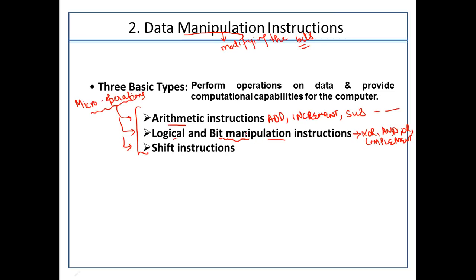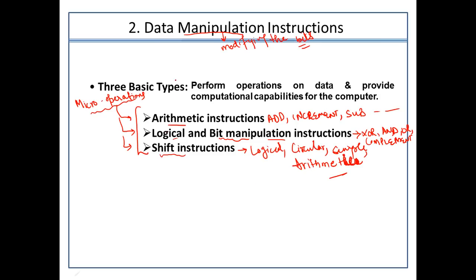So all these micro operations which we have already studied so far will now be categorized as the data manipulation instructions. In the same manner, we have also learned about the shift instructions or shift micro operations, like whether I am about to perform the logical shift, the circular shift, the simple shift, or the arithmetic shift. All these instructions fall under the category of shift micro operations.